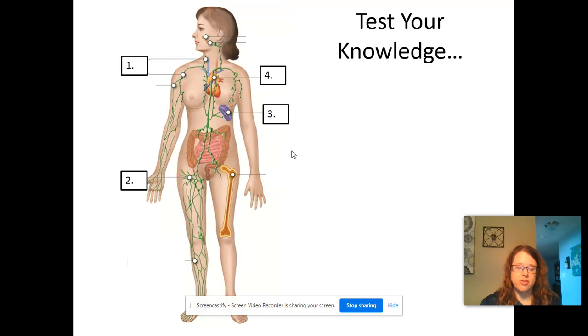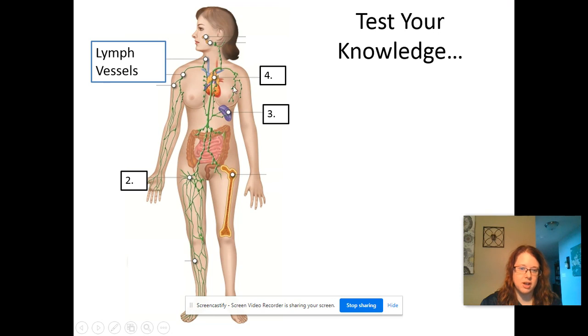Okay, so the first diagram that I gave you, what did you guys think was number one? Number one would be the lymphatic vessels. And really, I could point all over this diagram. Lymphatic vessels here, lymphatic vessels here, here, here, here. They're all over the place. So really, that could be anywhere in this diagram. Okay, two,